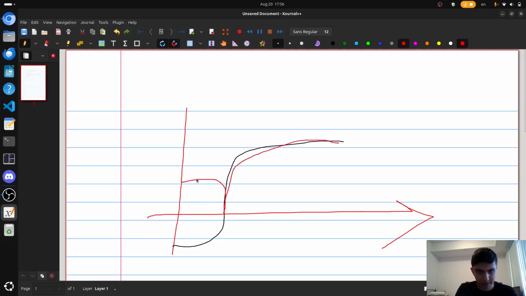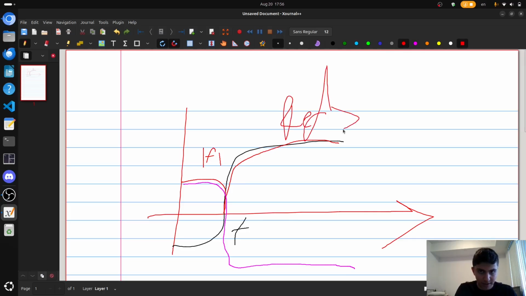That's f. And this thing over here in purple, I'm going to draw it as negative f. See, this red thing, red is greater than pink. And the reason why is that